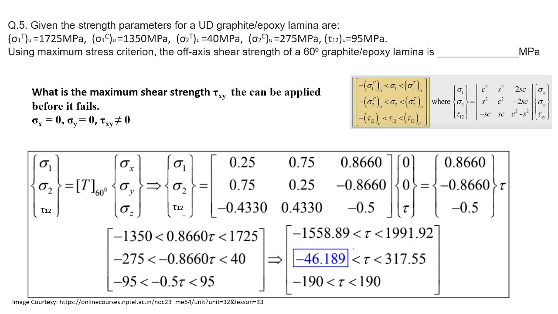And from here we can see, in negatives this is the maximum value that the tau can withstand, whereas in positives this is the lowest value. So we can say that tau should be, for maximum it could be 190, and for a minimum range it can go to minus 46.189. So these two are the range for tau. Okay,